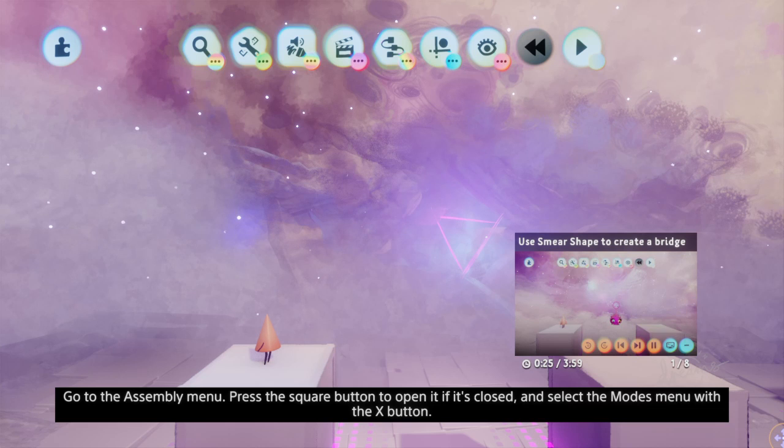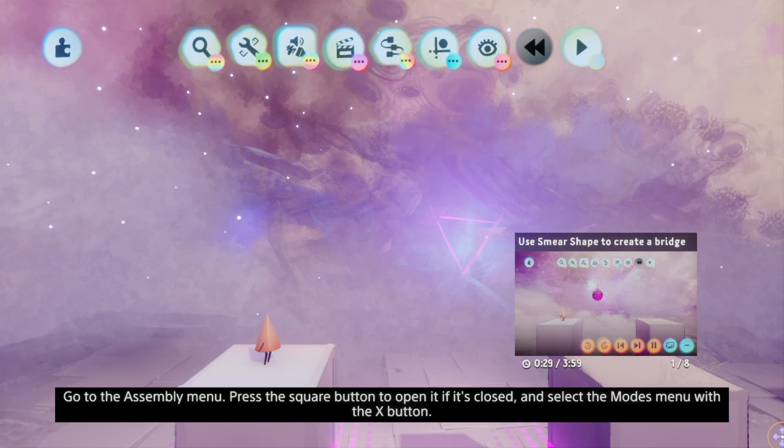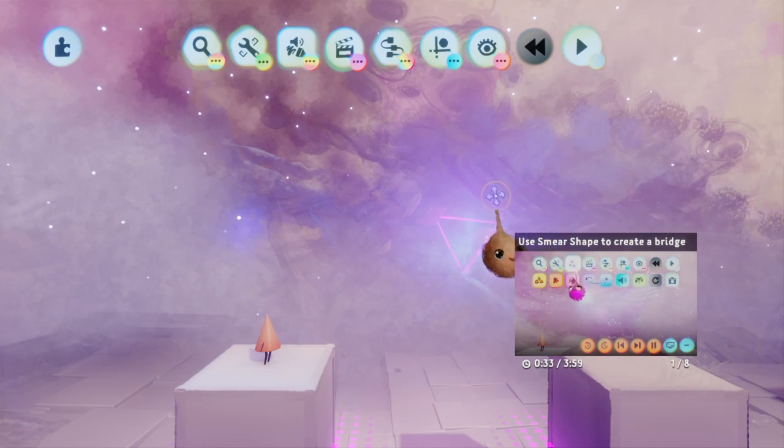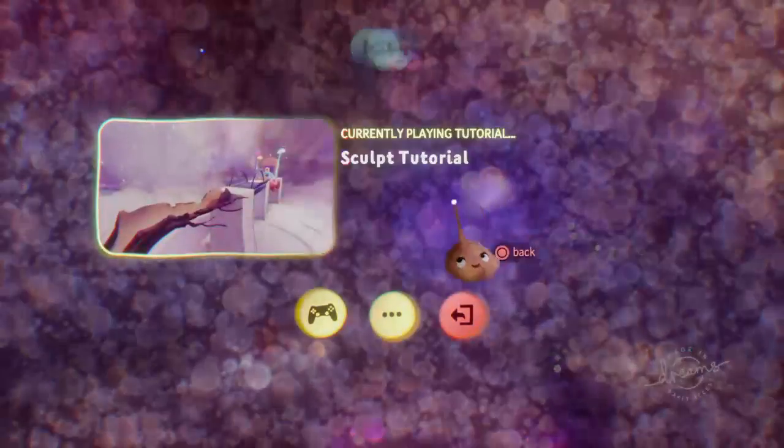Go to the Assembly menu. Press the square button to open it if it's closed, and select the Modes menu with the X button. Select